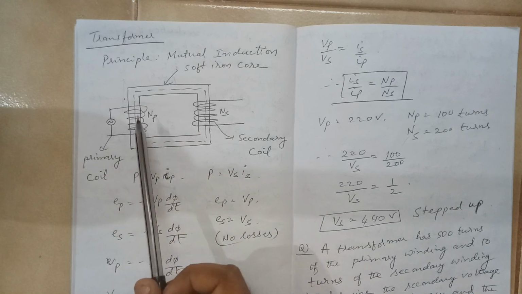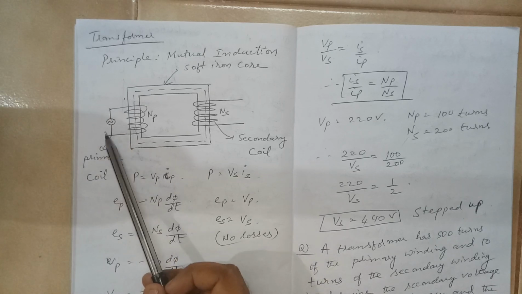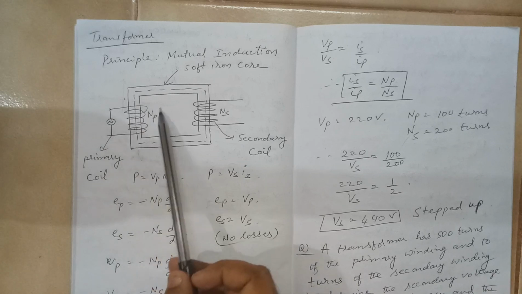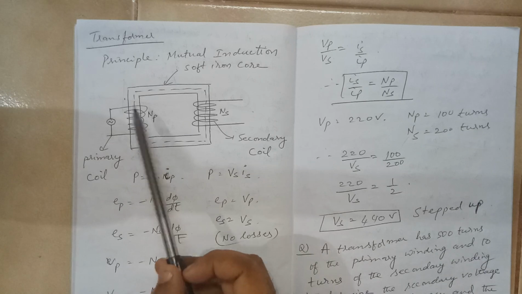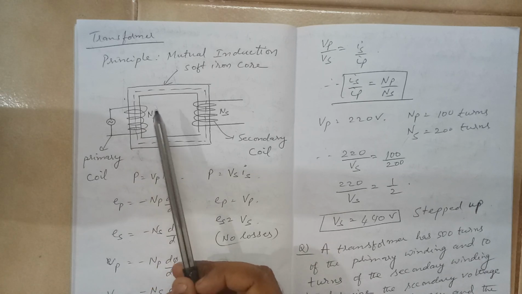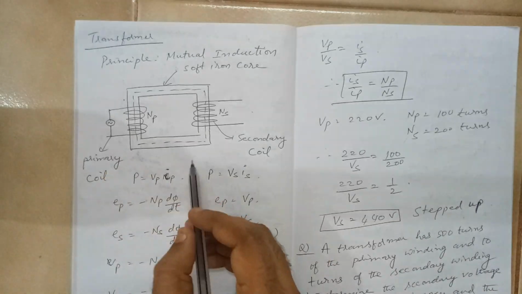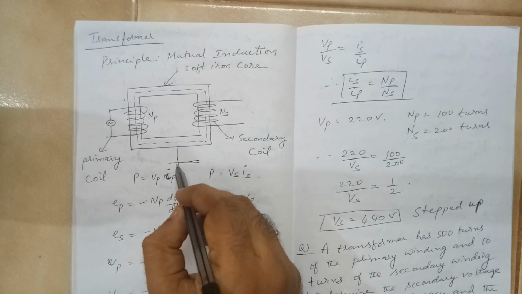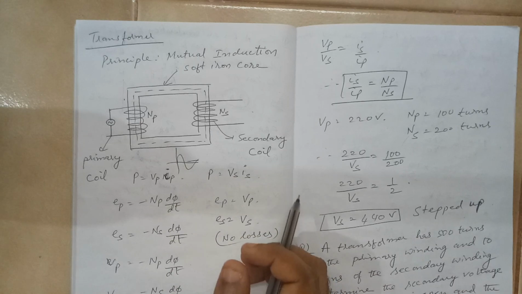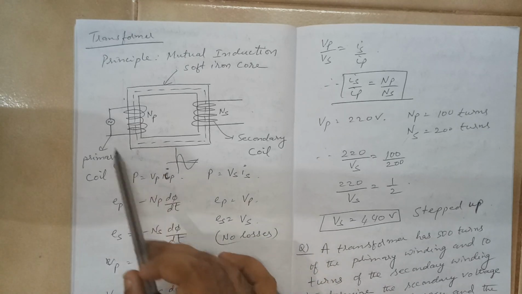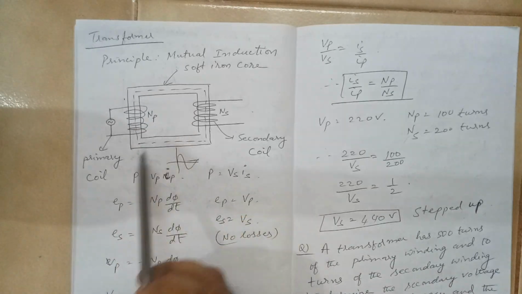Now, this primary coil is connected to an alternating source. So, there is a fluctuating voltage applied to this. Now, what will happen? The current will pass through the coils. When the current passes through the coils, a magnetic field is created and the associated flux changes. This flux is changing with respect to time, because the voltage which you are providing, we have already seen, is in a fluctuating, sinusoidal way. So when this voltage changes, the current in the wires changes and the flux also changes.